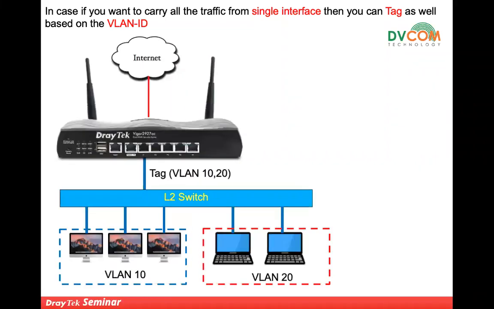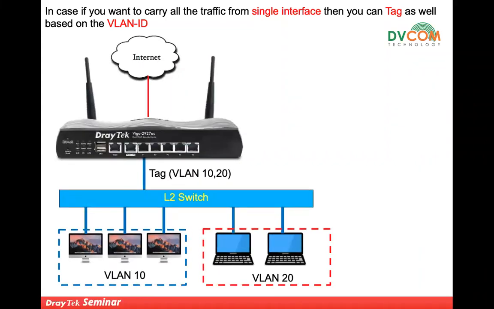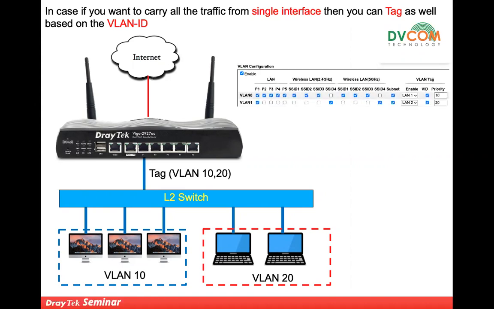If you see here, right now there is port number 1, which is connected to my layer 2 switch, and I have tagged VLAN number 10 and VLAN number 20. Through VLAN number 10 and 20, I can carry multiple VLANs information on port number 1. Then after that, I can tag all my VLANs. So through a single interface, you can carry multiple VLANs information. Basically, this concept we can call a router on a stick.